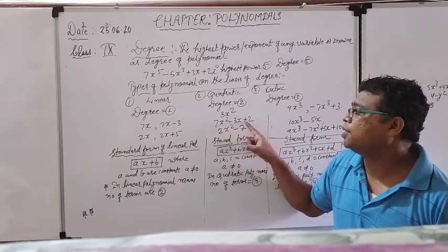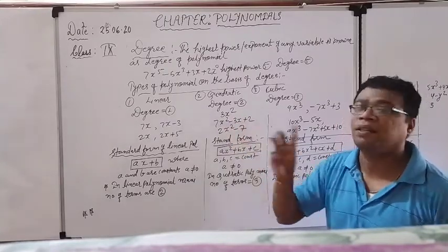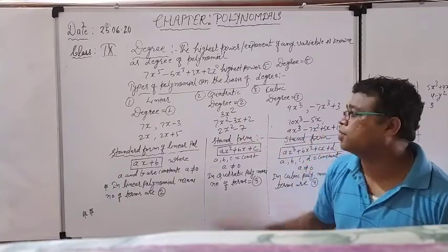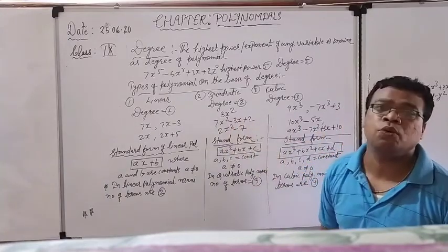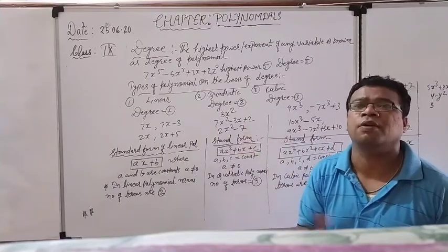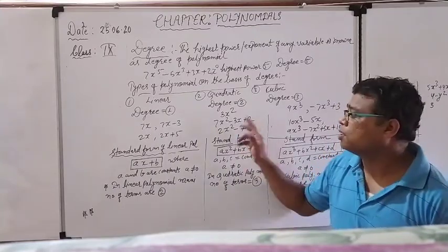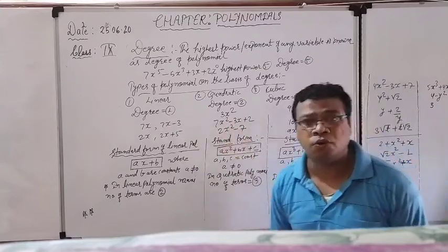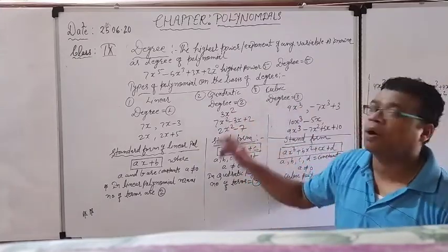See here. Again see the next example. Here I have taken 3 terms: 7x square minus 3x plus 2. No problem. This is the trinomial, because of the 3 terms. No problem. But what is the power? Highest power is always 2, and that's why it is coming under the category of quadratic polynomial.